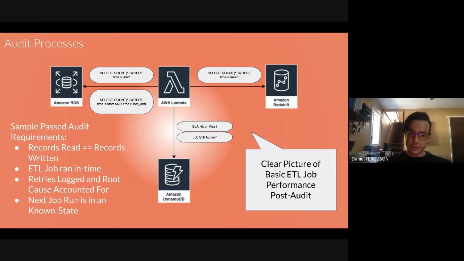So typically, what we've done in that case is, we never got to a level of advancement on this client site where we could have monitoring that would do that for us. That was scoped work, but it never ended up coming to fruition. But what we would end up doing is query the DQM ETL job run table to see if the records read were equal to the records written, and we would create a view for that.